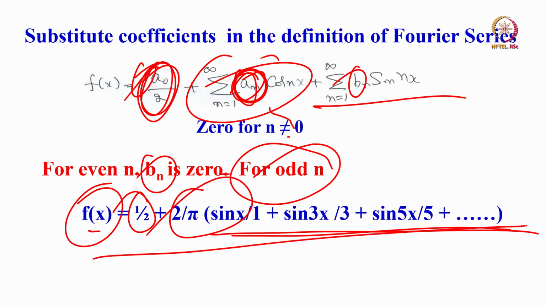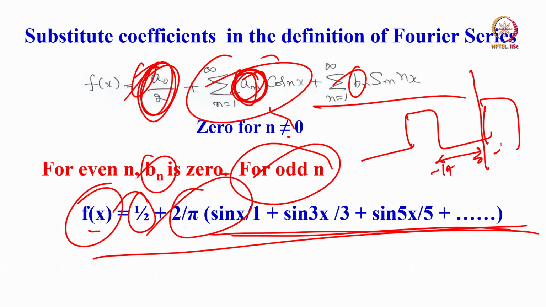This is a Fourier series for a square function which is defined like this: its value is 0 from minus pi to 0, its value is 1 from 0 to pi. This is a function we defined, it is a periodic function. For a periodic square wave, a square function which is defined like this with those limits, this is the Fourier series. That is how we worked it out.